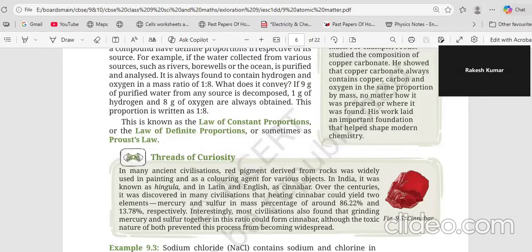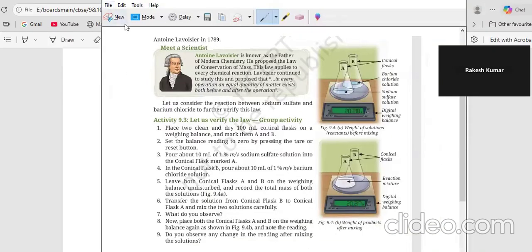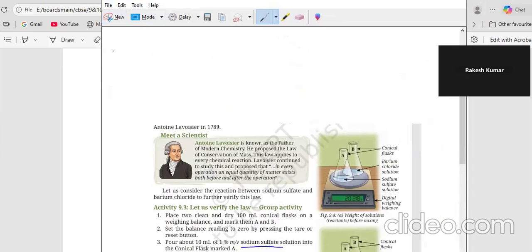So first, what do you mean by law of constant? There are two laws. One is the law of conservation of mass. But before that, what does the law of conservation of mass mean? It means that if I react sodium sulfate,